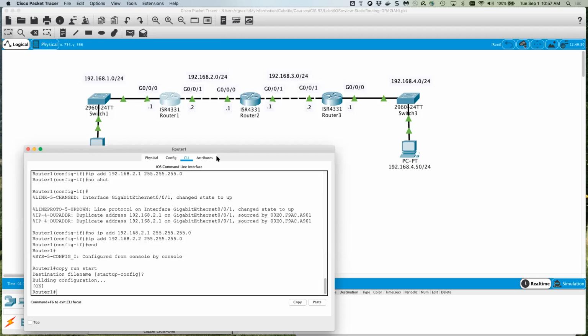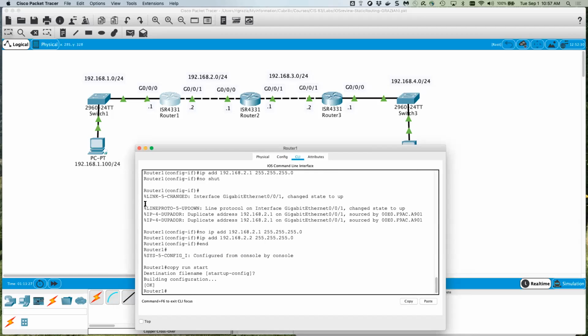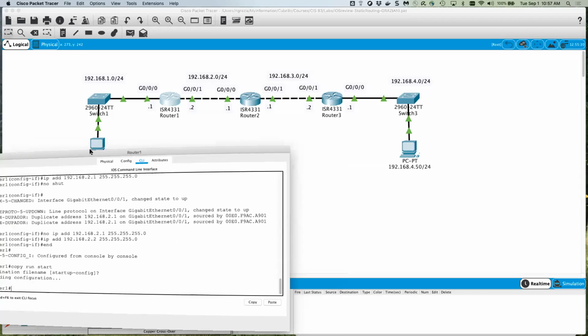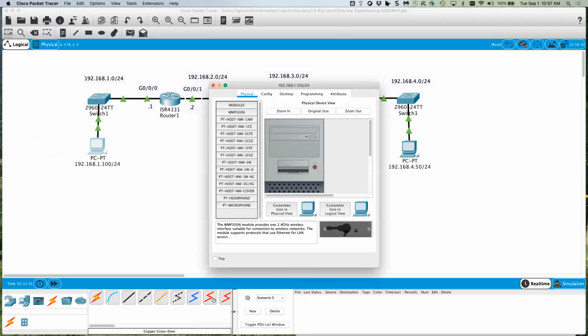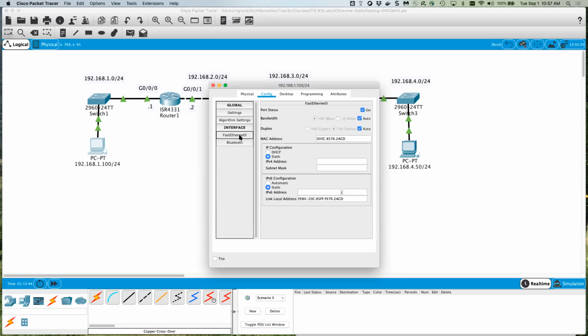Okay, now what should we be able to do from router 1? Well, let me move this over here. Can I ping the PC? Well, actually, I haven't configured the PC's interface. So let's go ahead and do that first. Okay, so let's configure the PC. Something came up there. There we go. So I'm going to go over here, and I'll go FastEthernet0. I'm going to do a static address,